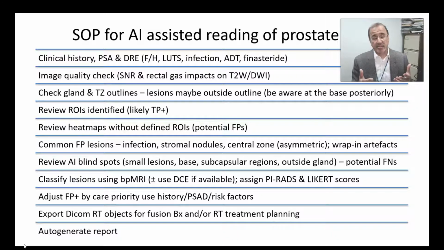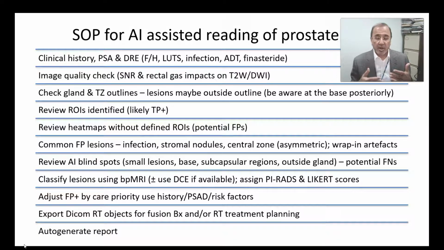Review the ROIs that the AI presents to you, because these are likely to be true positive cases. If you have heat maps available for your own AI systems, look at those, but remember they are likely to be false positives. Remember, common causes of false positives are stromal nodules, the central zone which may be asymmetric, but also artifacts may cause false positives. False negatives are smaller lesions, subcapsular lesions, lesions that lie outside the segmented gland. So